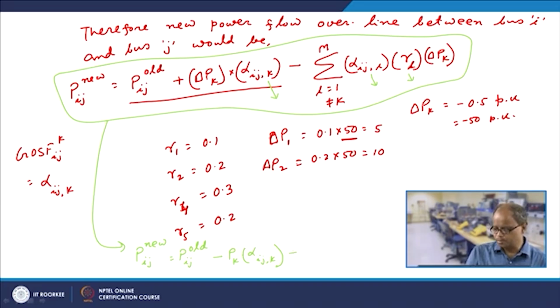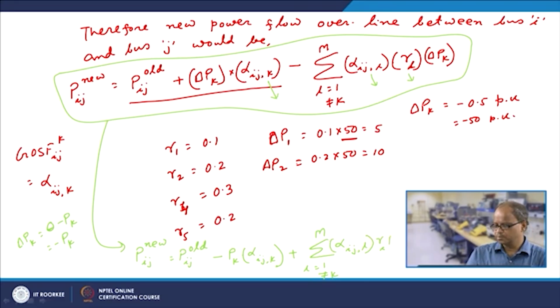So this would be plus, because delta Pk is equal to minus Pk. We have already seen a little earlier that delta Pk is 0 minus Pk, that is equal to minus Pk. So this minus and this minus give plus, sum over L equal to 1, L not equal to k, up to m, alpha ij L